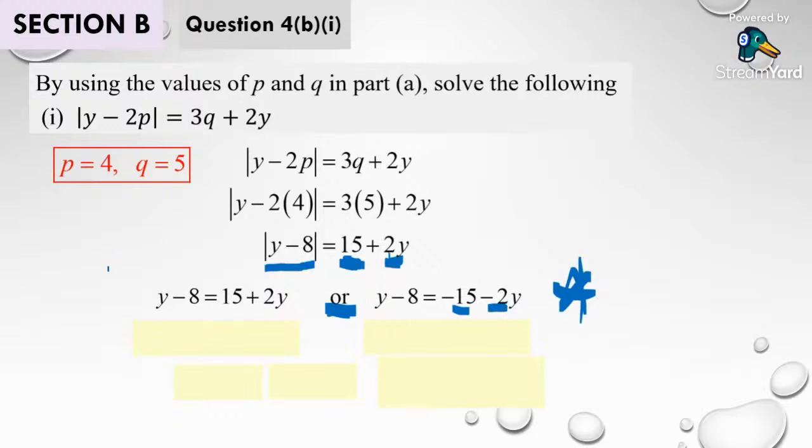Then we solve the first case accordingly. We get y equals to minus 23. Then we solve the second case accordingly. We get y equals to negative 7 over 3. Then we need to determine which one is supposed to be the correct answer. Usually you will choose a positive answer as the final answer. But this time both of them are negative. So do we really reject all of them? Again, to determine the answer, not by seeing positive or negative, but we try to do verification.